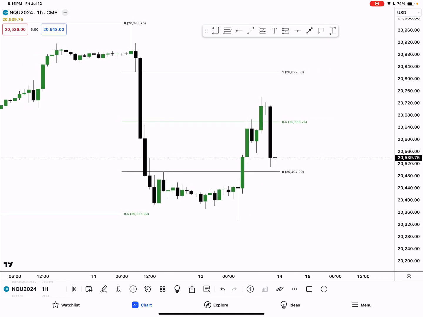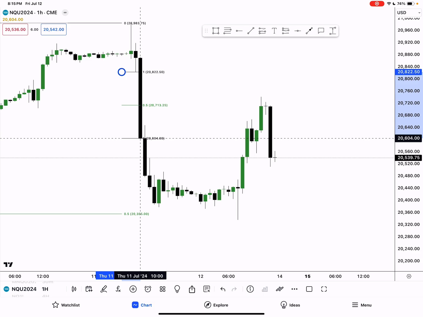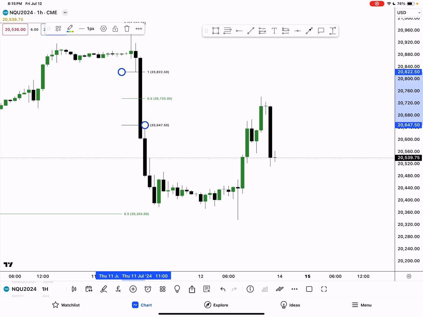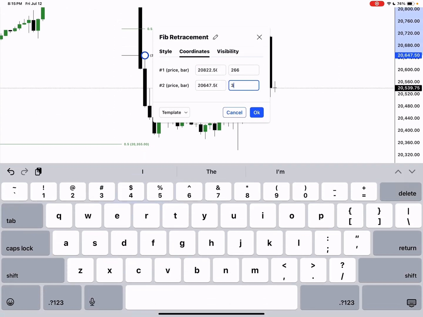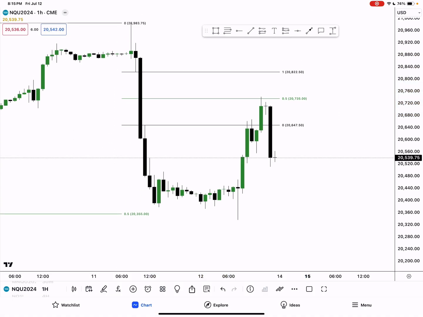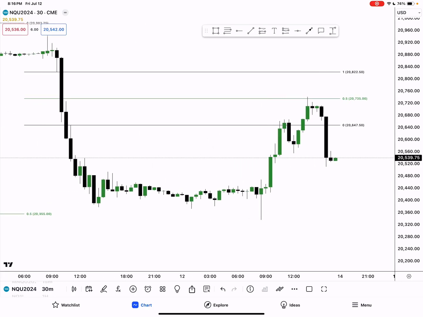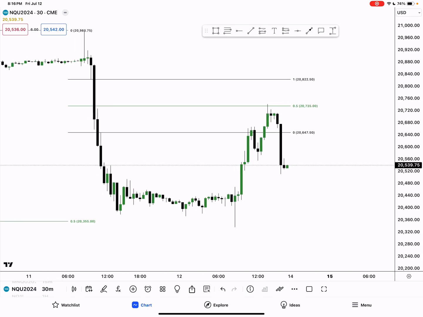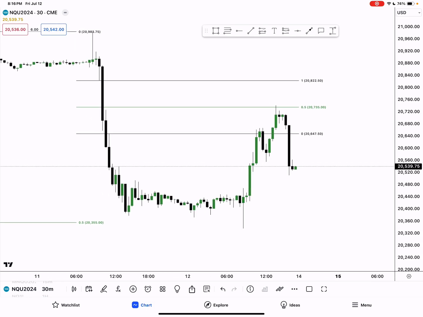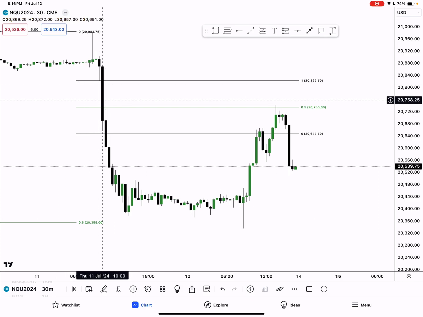and it was actually pretty clear that yes, price refines down from that 4-hour inefficient pricing to this 1-hour inefficient pricing here. And when we extrude that out here, you can see clearly price rejected off of 50% of this 1-hour inefficient pricing. But if we wanted to, just for completeness sake, we zoom into the 30-minute, and we can see that yes, price did have this inefficient pricing, but